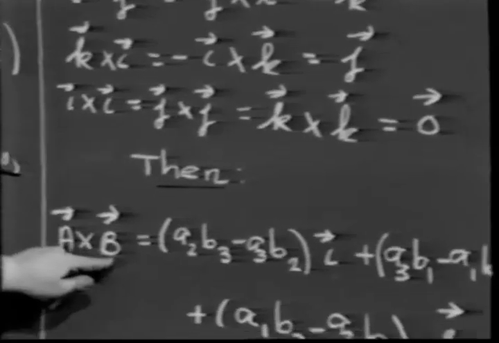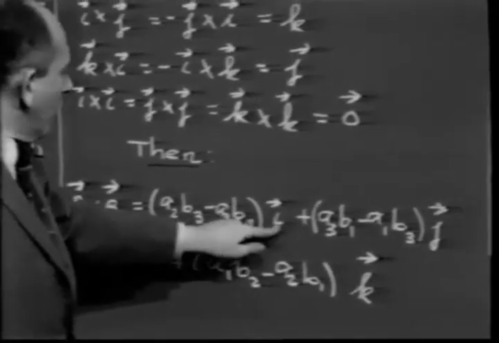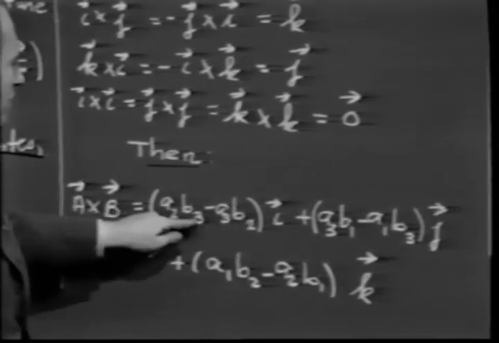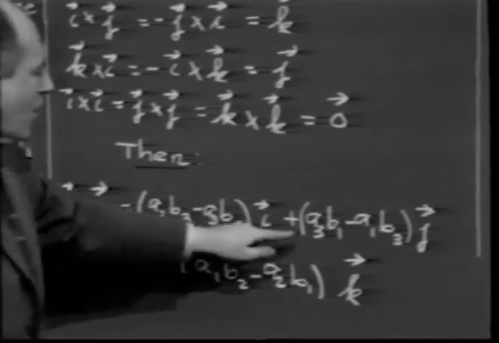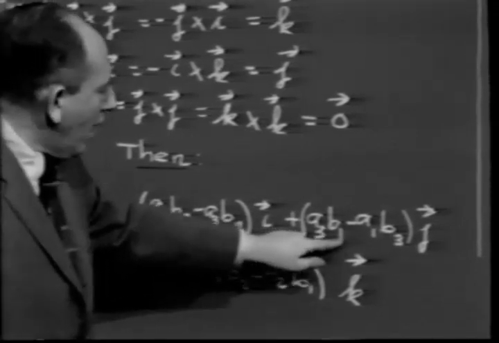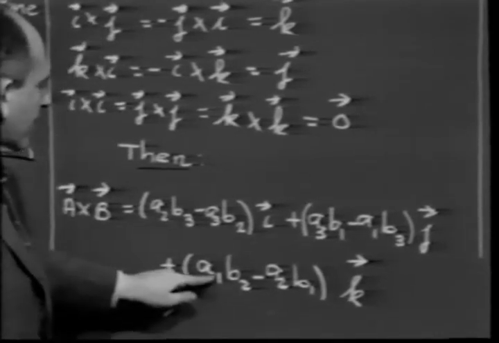Just carry out the multiplication, and what you find is that A cross B is given by the following. The i component of the vector is A2B3 minus A3B2. The j component is A3B1 minus A1B3. And the k component is